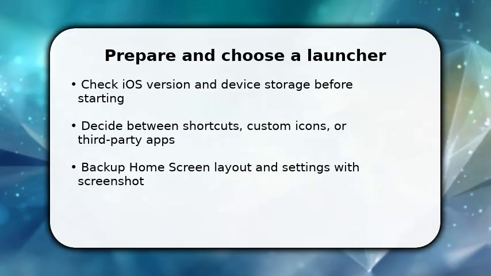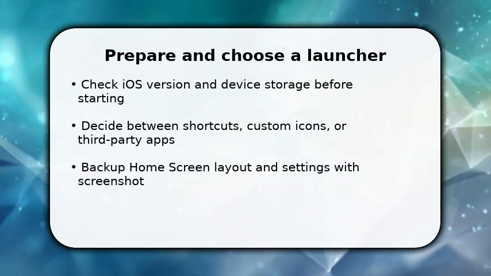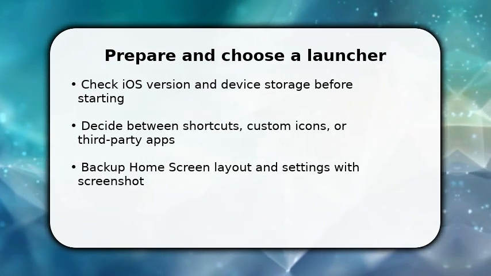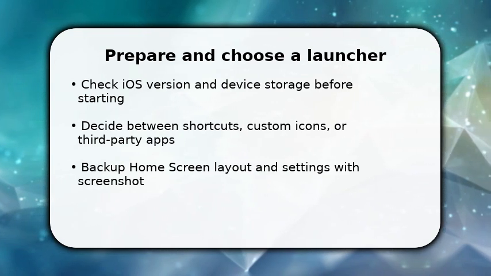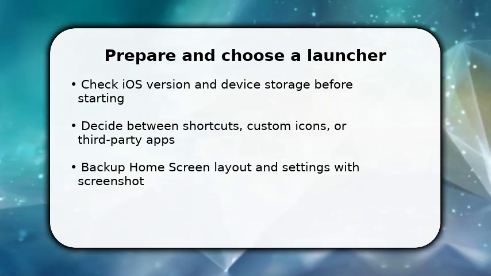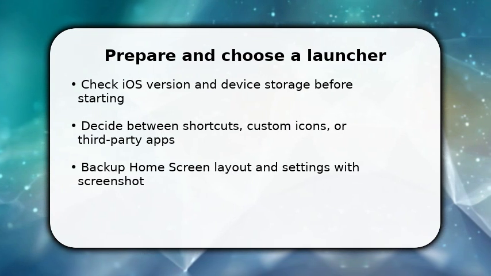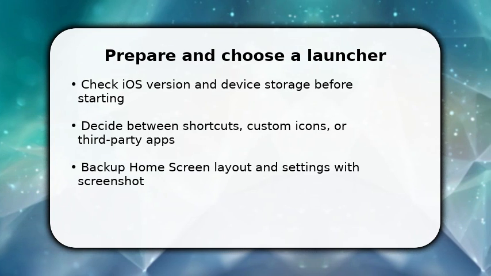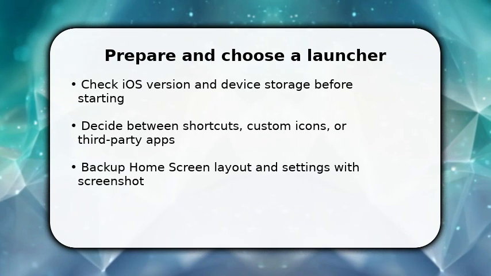You start by confirming your iPhone's iOS version and available storage so nothing stalls mid-process. Once done, choose your approach: shortcuts-based icons, a widget-heavy layout, or a theme app from the App Store. Make sure to back up your current home screen with a screenshot or iCloud backup. This gives you an easy fallback. You do this because system constraints differ across versions, and planning prevents lost layouts when you overwrite icons or install